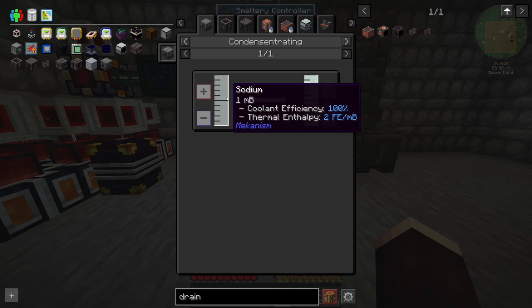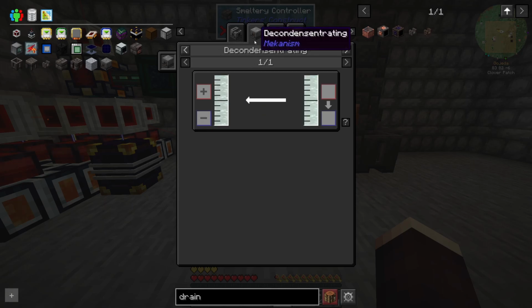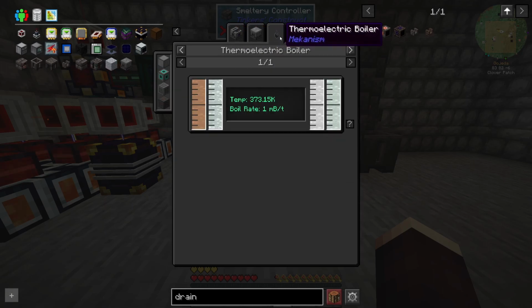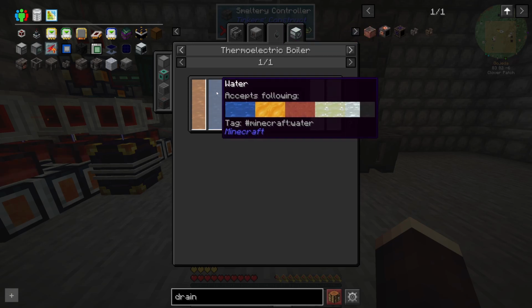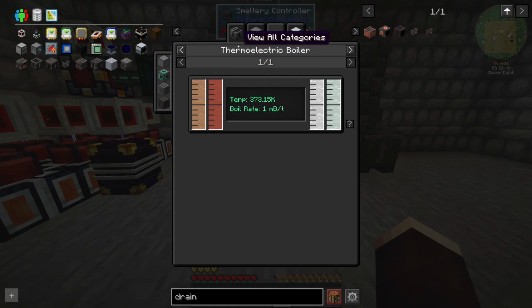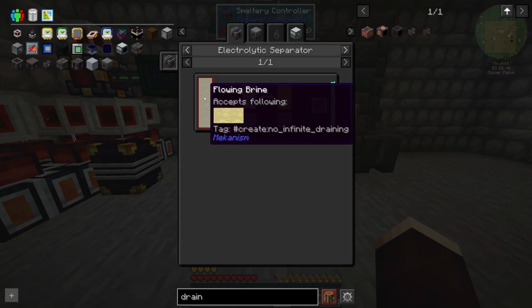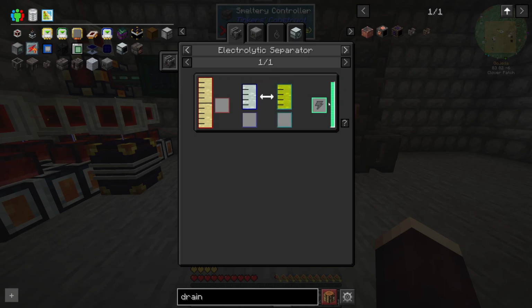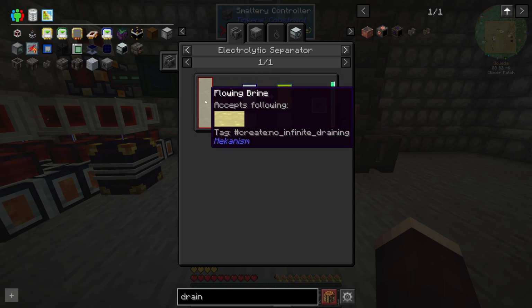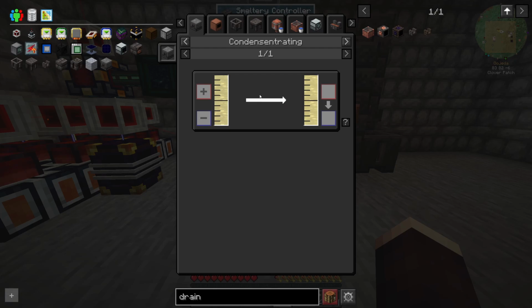Okay, so to make sodium, we need to, I guess, thermoelectric boiler, steam. Oh, this is another way of making it, but that's a massive multi-block. Would be from electrolytically separating brine into sodium and chlorine, which requires brine, and then to get brine,